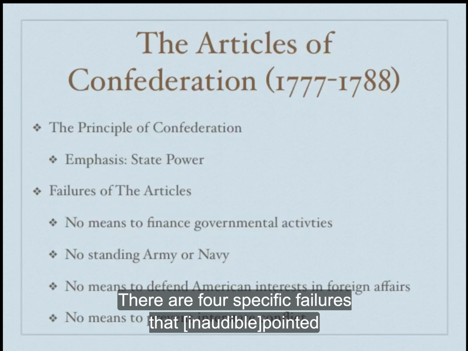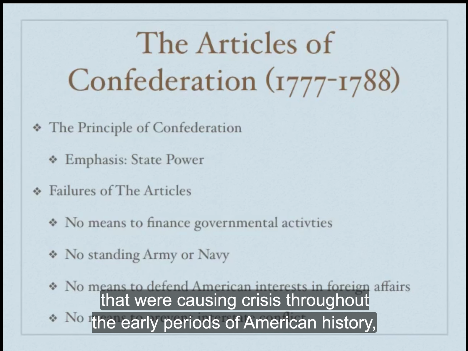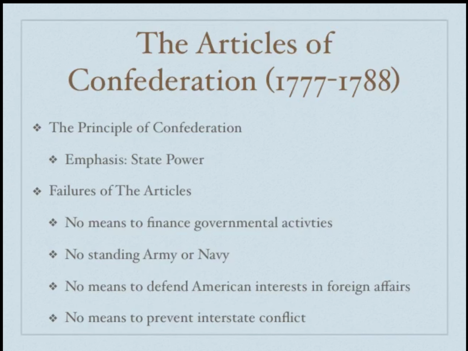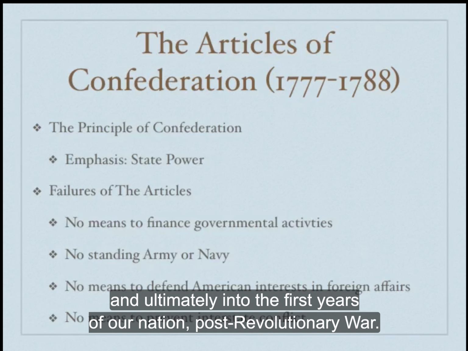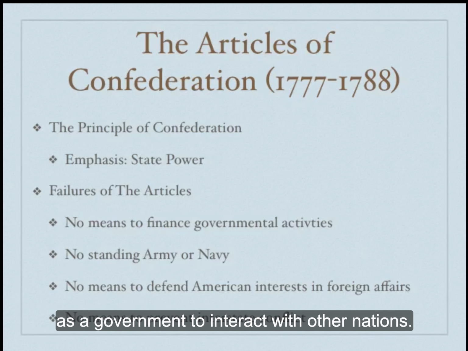There are four specific failures that were pointed to at the Constitutional Convention as the main harms and impacts that were causing crisis throughout the early periods of American history after the Declaration of Independence, during the latter years of the Revolutionary War, and ultimately into the first years of our nation post-Revolutionary War. The first failure is an important one relative to the ability of the United States as a government to interact